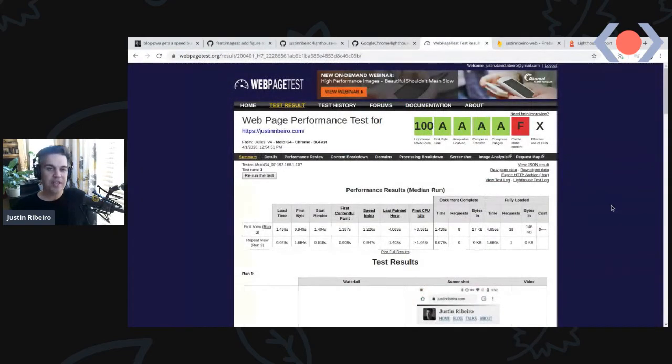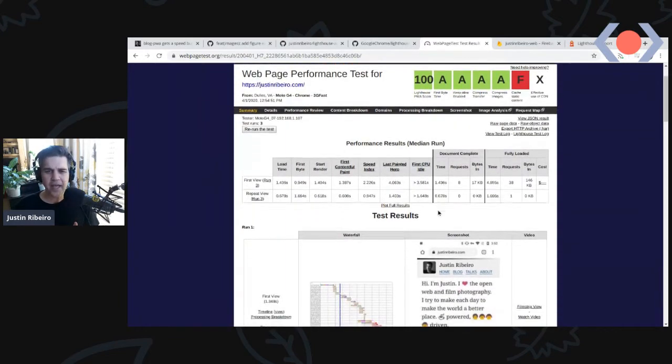So WebPageTest, you can run WebPageTest internal to your organizations as well if you want to set it up yourself, but you can also run it remotely against the various devices out there amongst the network of WebPageTest hosts. In this case, you can see that I ran an earlier version of this at 12:54 today here on the West Coast against a Moto G4, which is an actual device, in the 3G fast profile. And again, you can see not only the basic grading for WebPageTest, but you can also see